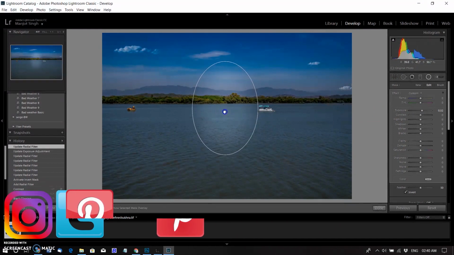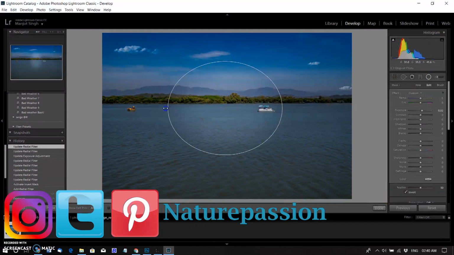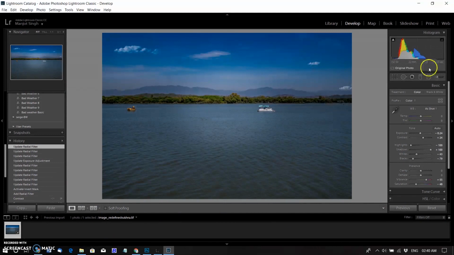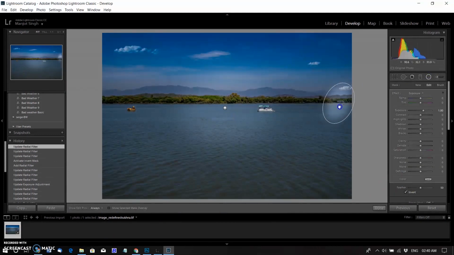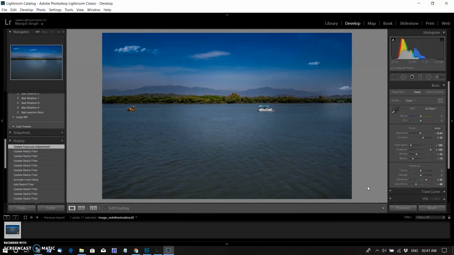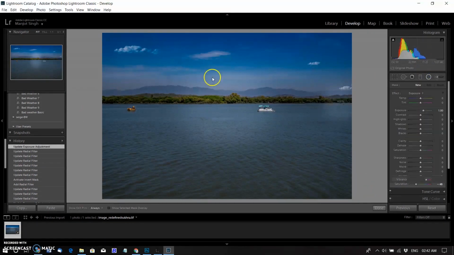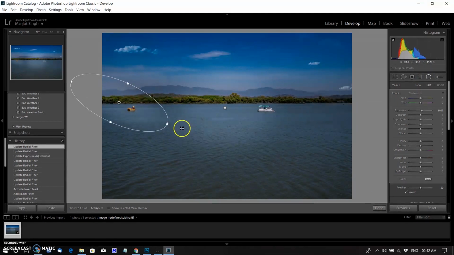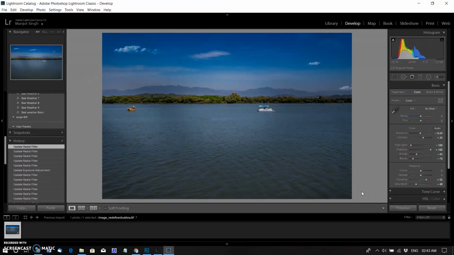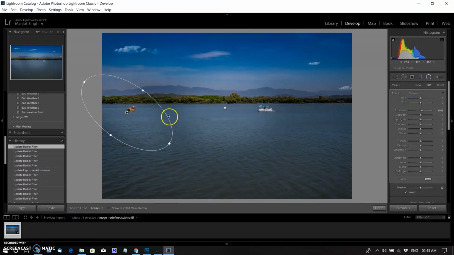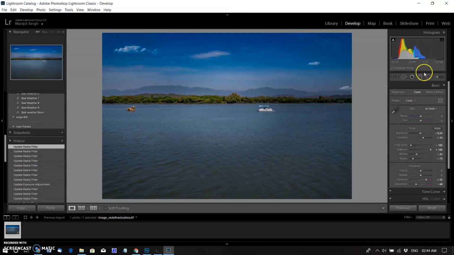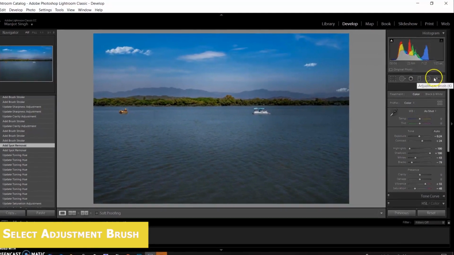With the radial filter tool, you can make local adjustments with an elliptical mask. You can use the radial filter tool to draw an elliptical area around the subject and choose to reduce the exposure, saturation and sharpness of the portion outside the selected mask. I am adding one here to add some lighting effect, increasing exposure a little, adding another to give a more dramatic look in the image. I am selecting an adjustment brush and adjusting the clarity slider to reduce the clarity of the water to look calm.